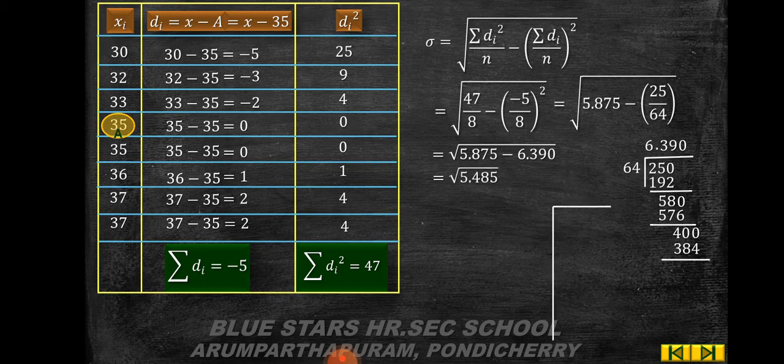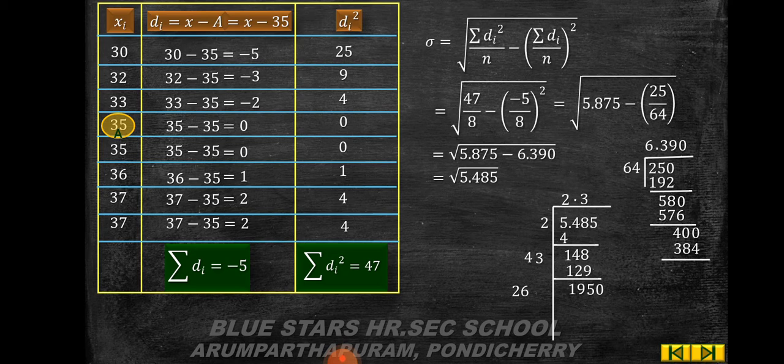5.485. Now you have to find the square root of 5.485. So 2 2s are 4, remainder 1. Then 2 should be multiplied by 2. So 2 2s are 4. Put the decimal, step down the 2 digits. So 148. 43 into 3 you get 129. The remainder is 19. So 23 into